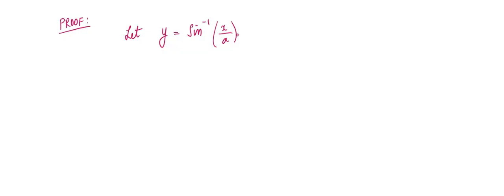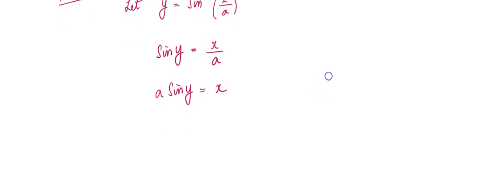Now this only means that sine y is x over a, and a sine y equals x. So we started with defining what y is to be, and then we solved it for x. So x equals a sine y. Now we're going to use this to take implicit differentiation, okay? So I will just put that here,